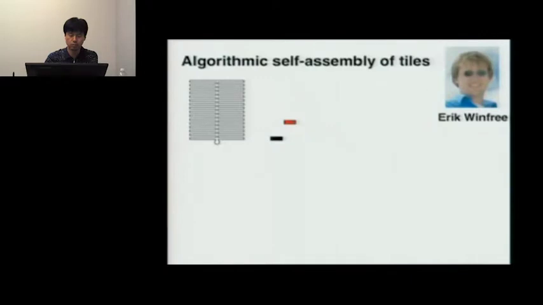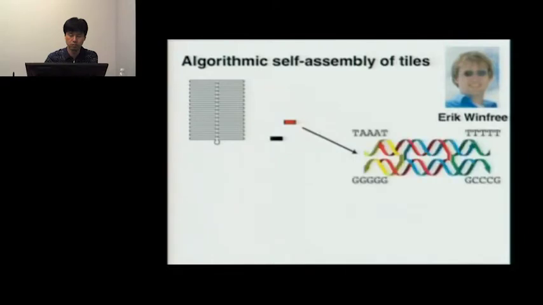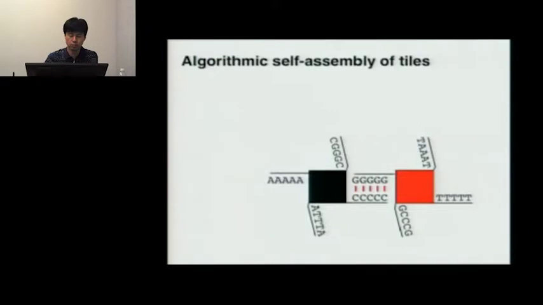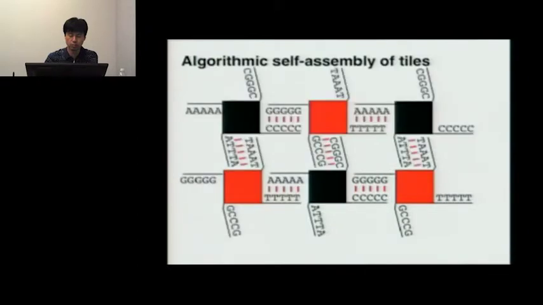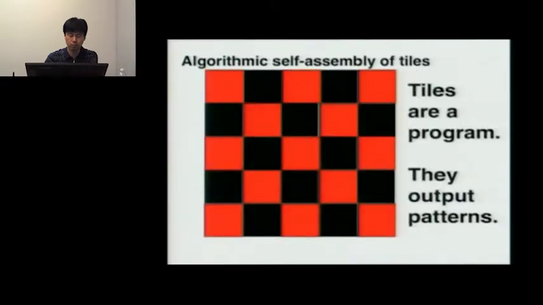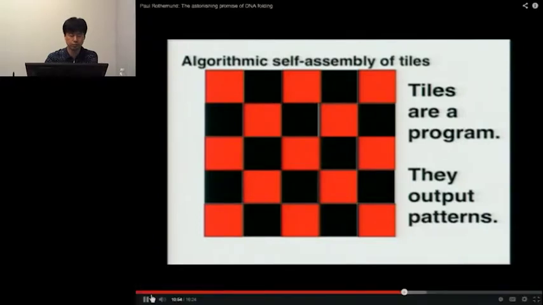And what it does is it has tiles that are 1/100th the size of a DNA origami. You zoom in, they're just 4 DNA strands, and they have little single-stranded bits on them that can bind to other tiles if they match. And we'd like to draw these tiles as little squares. And if you look at their sticky ends, these little DNA bits, you can see that they actually form a checkerboard pattern. So these tiles would make a complicated self-assembling checkerboard. And the point of this, if you didn't catch that, is that tiles are a kind of molecular program, and